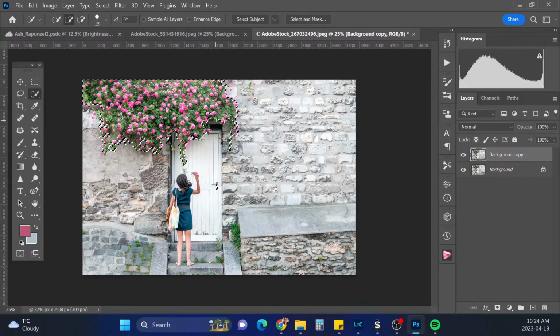So I'm probably gonna have to go in and paint a lot of this because the AI doesn't select branches very well sometimes. All right. Oh, I missed all of these. Okay.